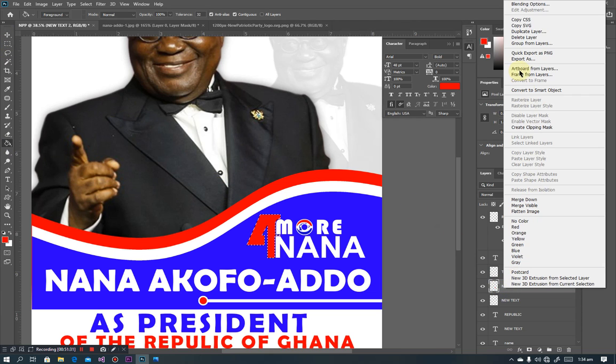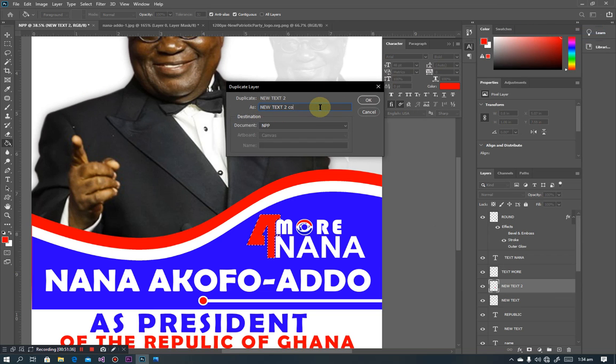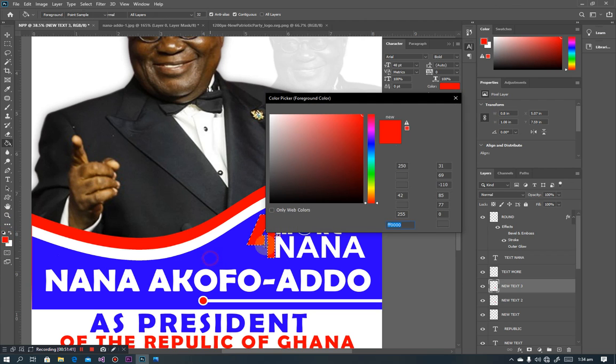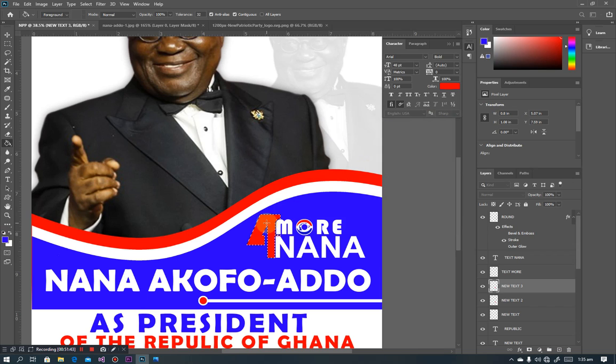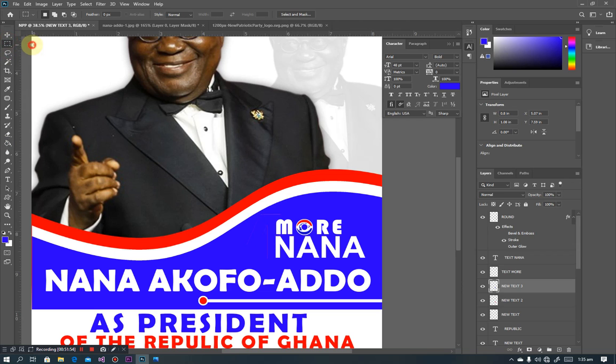Don't worry, duplicate it once again, and with this I'll just call this 3, and I'll go in for the blue color, you see, and I'll just take the paint bucket and then paste it. So I now have this, right? So with this, I'll just click on the selection tool, this guy, selection tool. Now this is what I'm going to do. I already have them to be like a